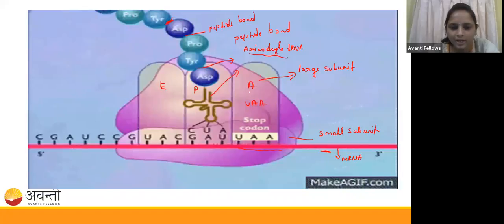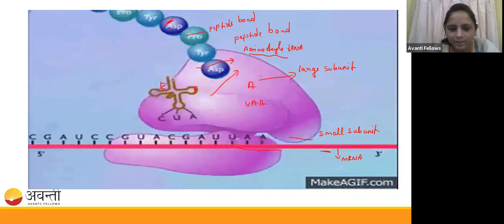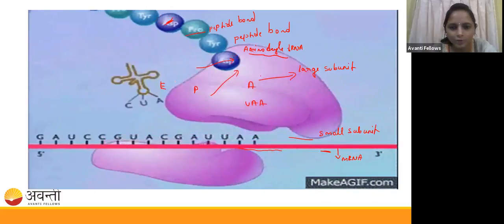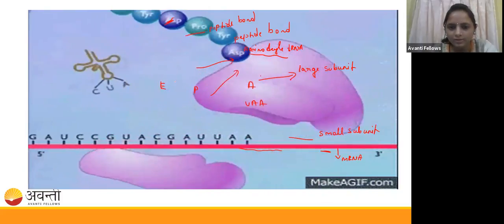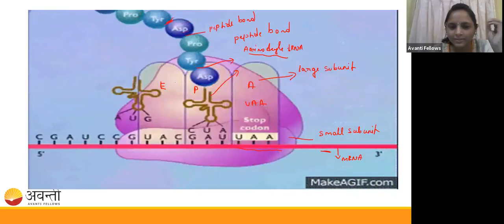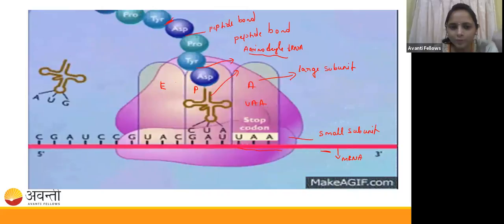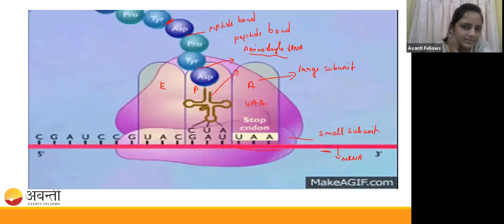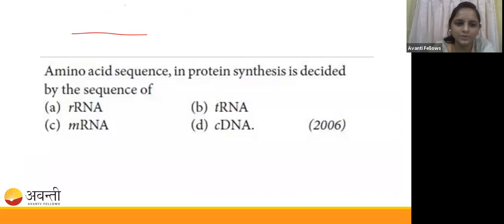So now it has all the amino acids attached here. Now see here, now the termination is going to take place. So both the subunits are separated and the protein is released in the cytoplasm. Right? Have you seen that? Okay, guys, I think you understood this. If you have any confusion, guys, you can ask me about the translation.